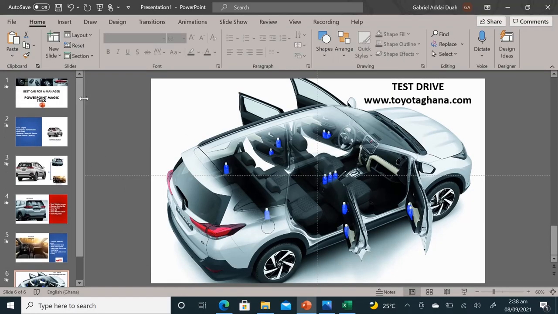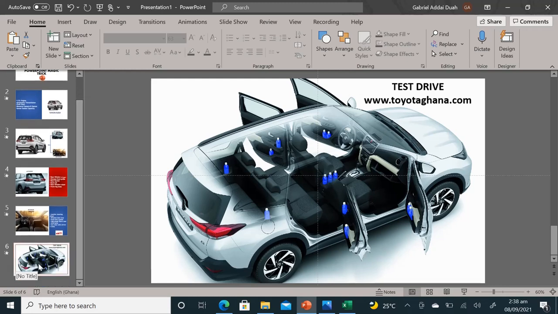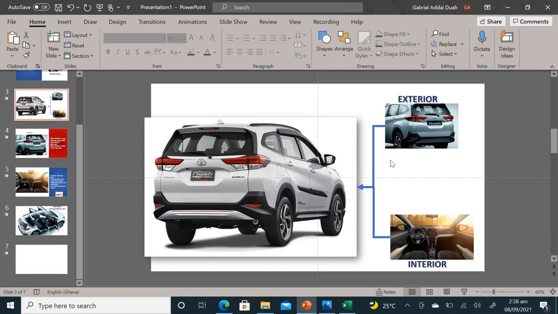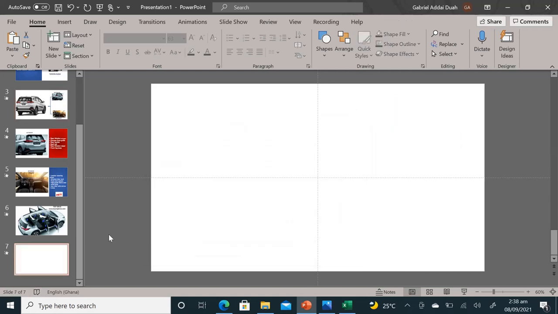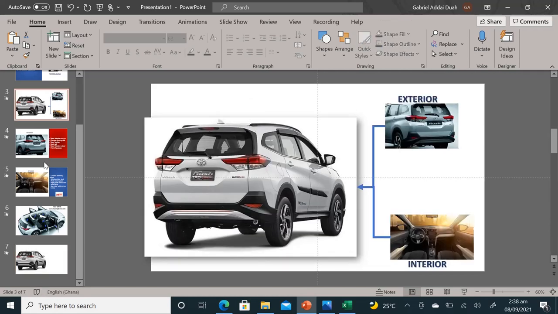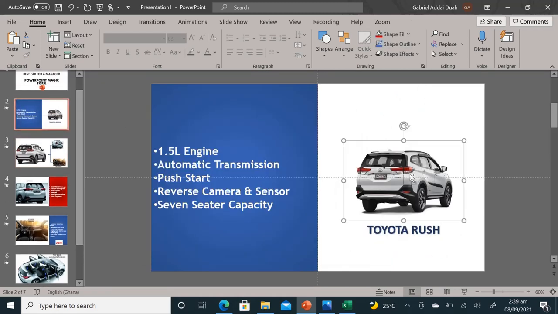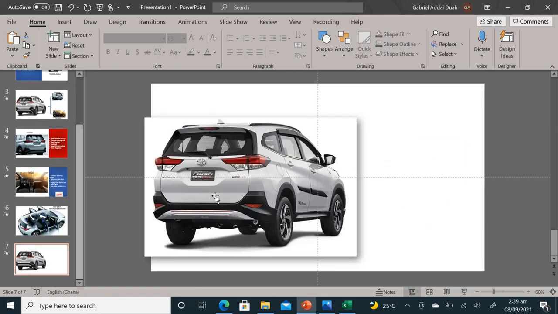Do you know all that was made in PowerPoint? Let me take you through a simple way of how I did this on one of my slides. I just have one blank slide. I'm just trying to pick one or two pictures from there so we can start and do a new one in Microsoft PowerPoint. So I'm just copying the car